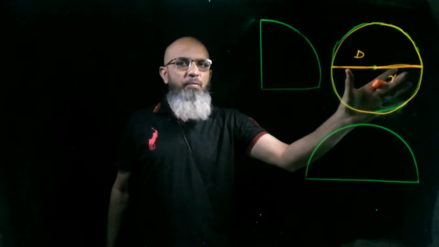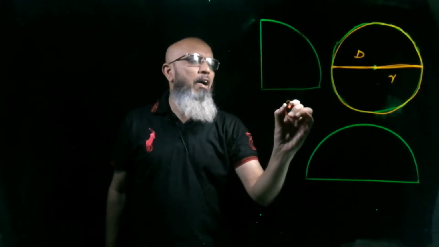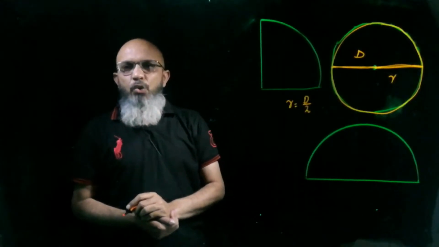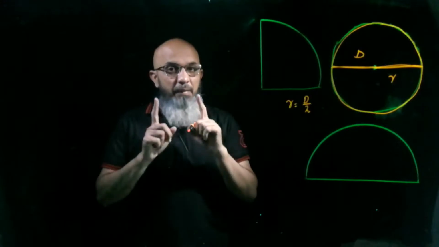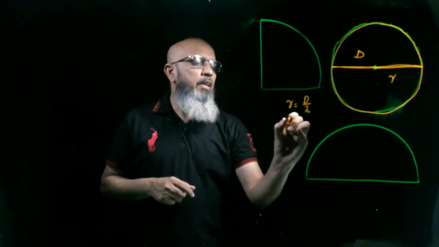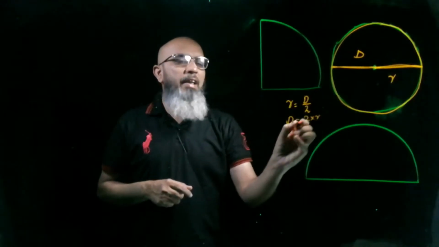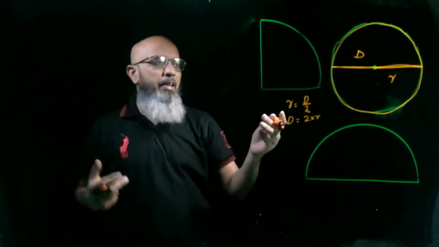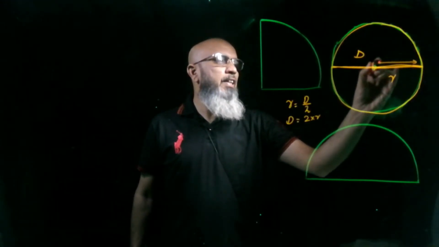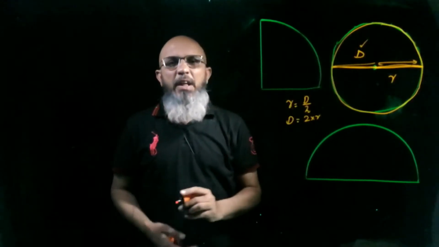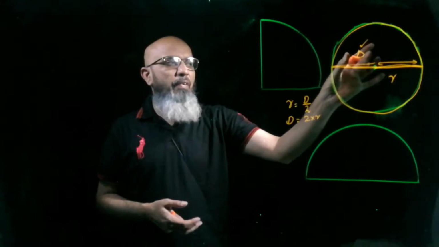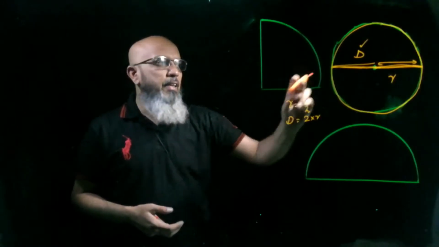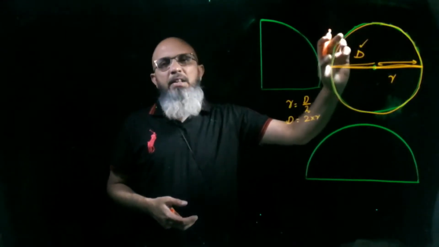Radius is half of diameter. If the diameter is given to you and you divide it by 2, you will get the radius of the circle. The other thing is, diameter is double the radius. If the radius is given to you and you are going to find the diameter, you will double it. Look here, that is your radius. If I double it, I get the diameter. Similarly, if I divide the diameter by 2, into half, we get the radius. So that is a complete circle.